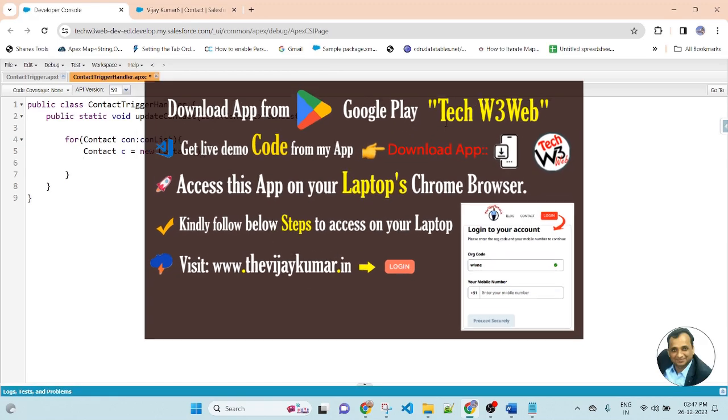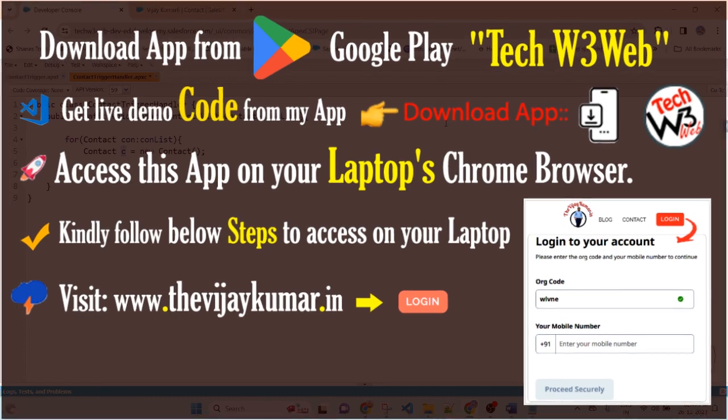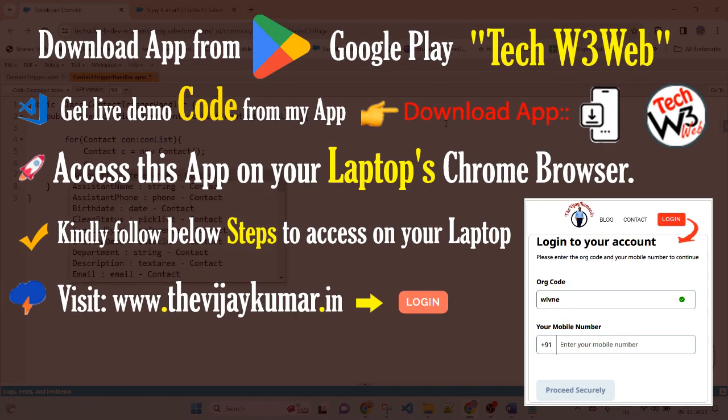Then here I am updating the fields of contact. c.LastName equal to Take W3 with Vijay. c.Description equal to this is a default description by Vijay.